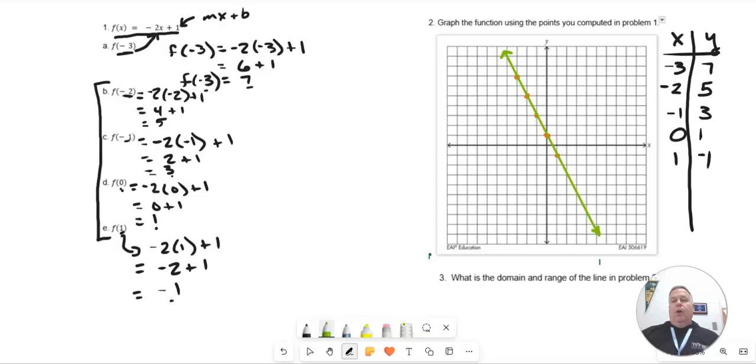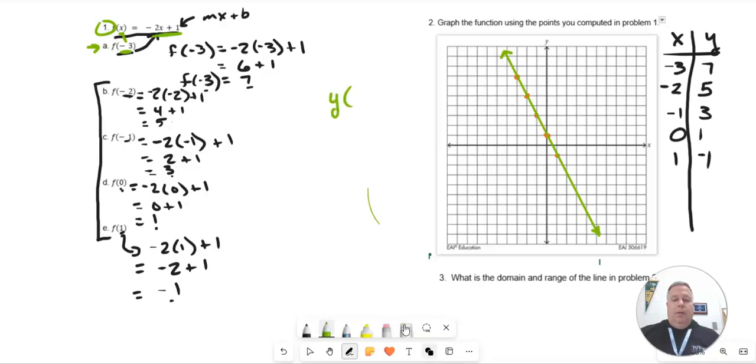Before I go any further, let's just do a quick review. Going back to the very start, here at the initial problem, I was given my function. For each of the 5 problems, I was given the x value. Notice it's inside the parentheses, just like x. They kind of match up in their location. That's how you know you were given x. Then I substituted this x value into the original function, and then I solved for it. And what came out was the y value, because remember, y is the same